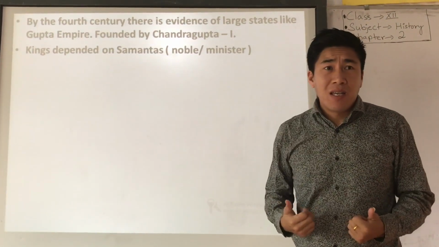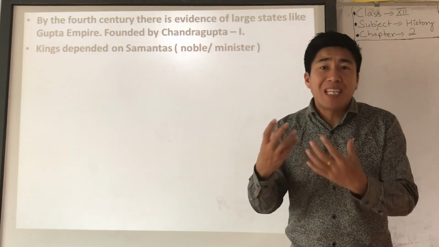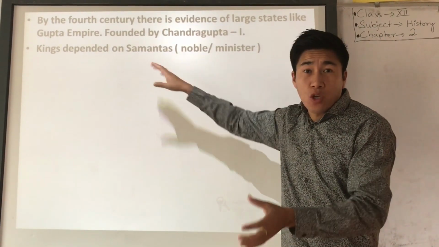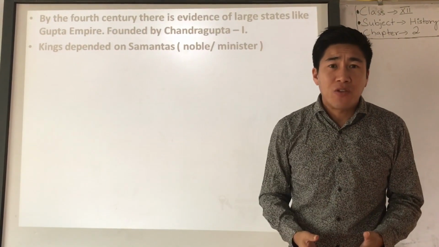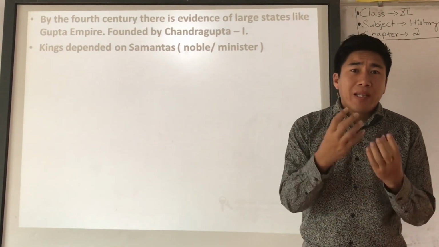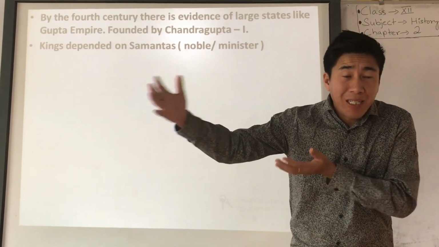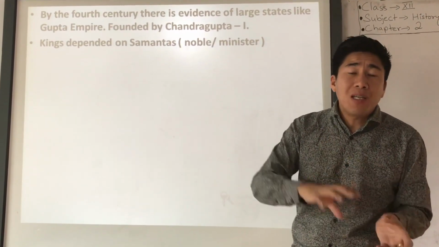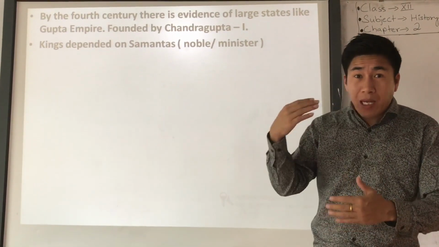Now, what is Samanta? The Samanta system is a kind of system in which, instead of giving salary, the king gave land, a huge amount of land, to the nobles, the Samantas. These Samantas or nobles looked after this kingdom or territory and collected tax from the people. Then they paid a small amount of revenue to the king, and they also paid homage to the king. And in war, they sent troops or army to the king in battle. Understood?